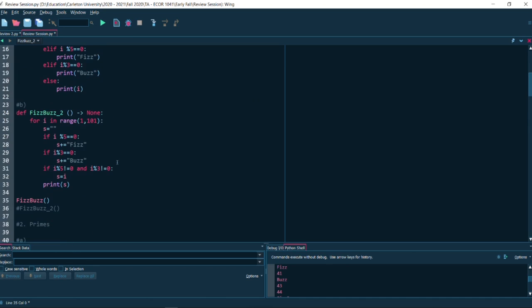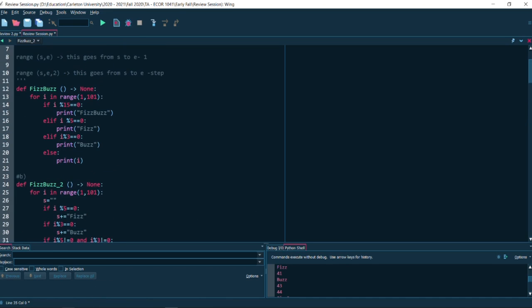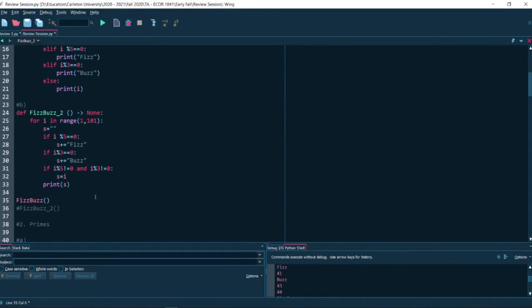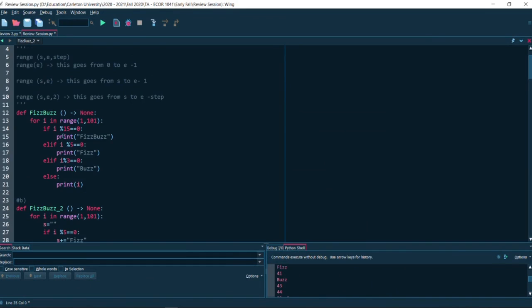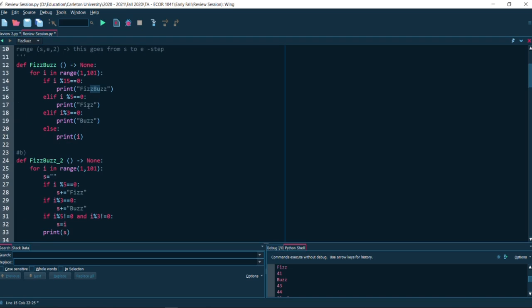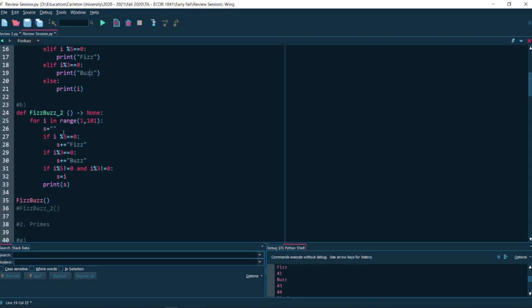The next example that I had was kind of the harder version of this example. I don't know if you saw it, but it's printing fizzbuzz using only one print statement. Right now this is the typical solution, which has 4 print statements. This is the hard version, and I decided to use strings because if you notice, fizzbuzz is created using fizz and buzz. So the method that I chose was that if it's divisible by 5, I just add fizz to my string. If it's divisible by 3, I add buzz to my string.